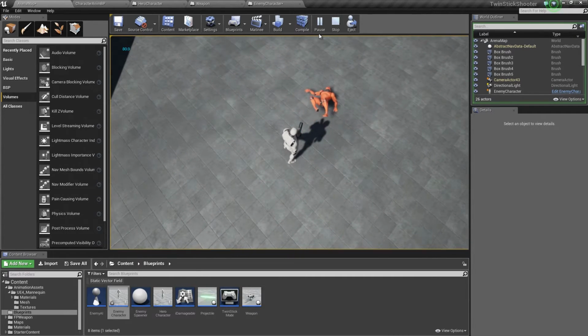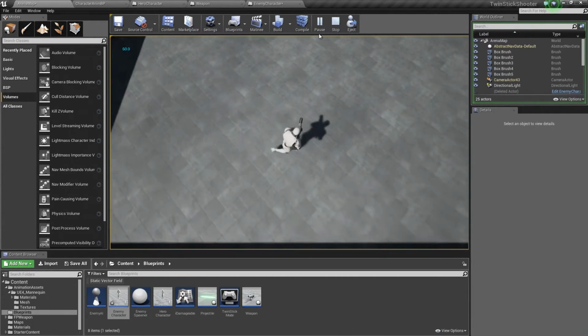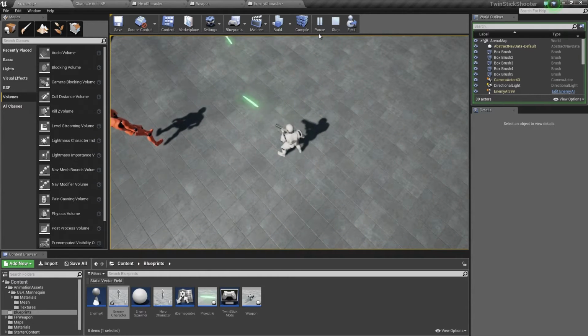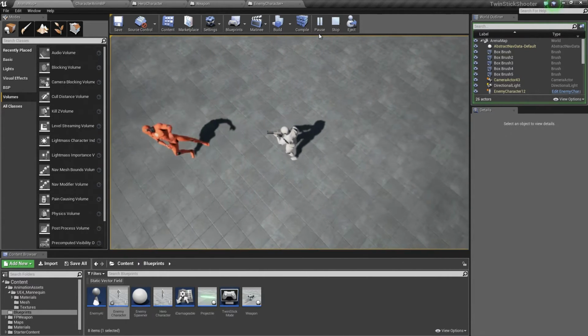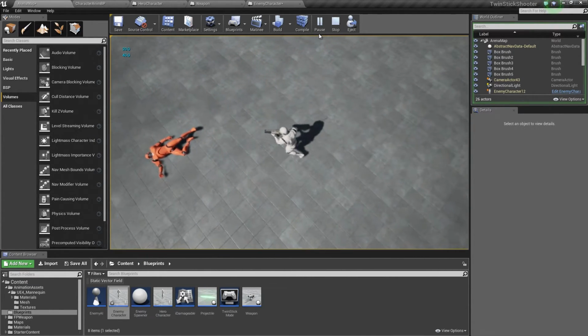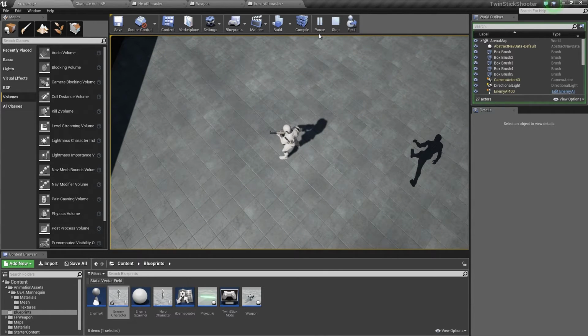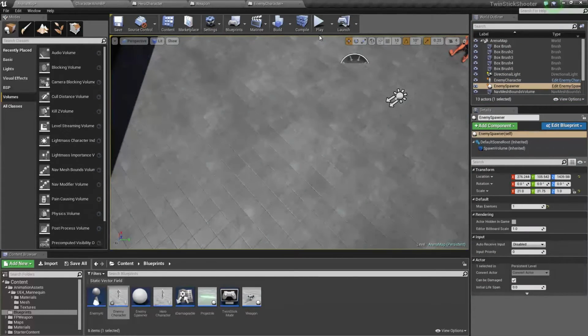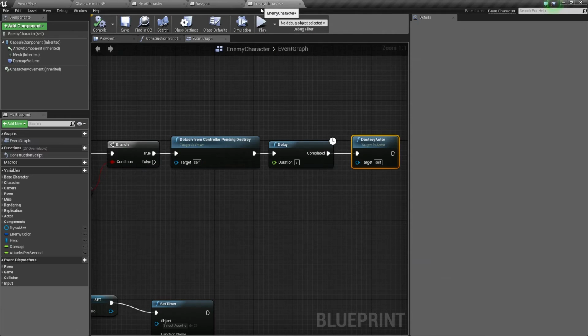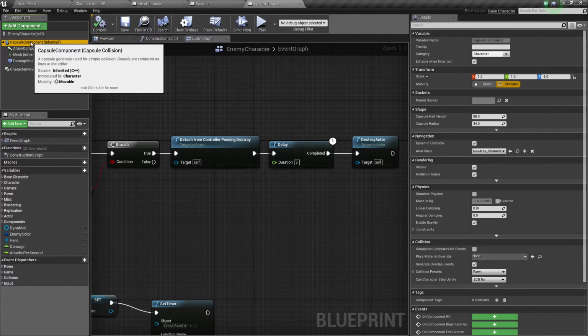Now if I kill him, I still get hung up on him. I don't know if you can really feel that in the video, but there's still a collision surface there. So I knock him down and try to run into him, and I'm bumping into something right there. So let's do this. Let's say that as soon as the enemy character dies, we're going to change his capsule